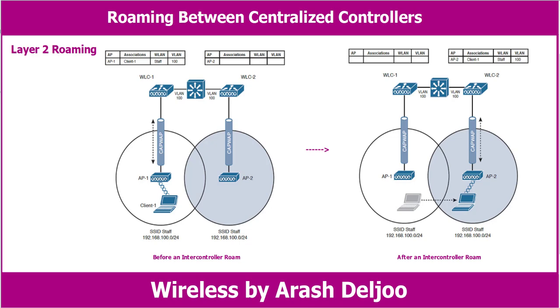The roam itself is fairly straightforward. When the client decides to roam and reassociate itself with AP2, it actually moves from one controller to another, and the two controllers must coordinate the move. One subtle detail involves the client's IP address. Before the roam, client 1 is associated with AP1 and takes an IP address from the VLAN and subnet that are configured on the WLAN supplied by controller WLC1. In the left figure, WLAN staff is bound to VLAN 100, so the client uses an address from the